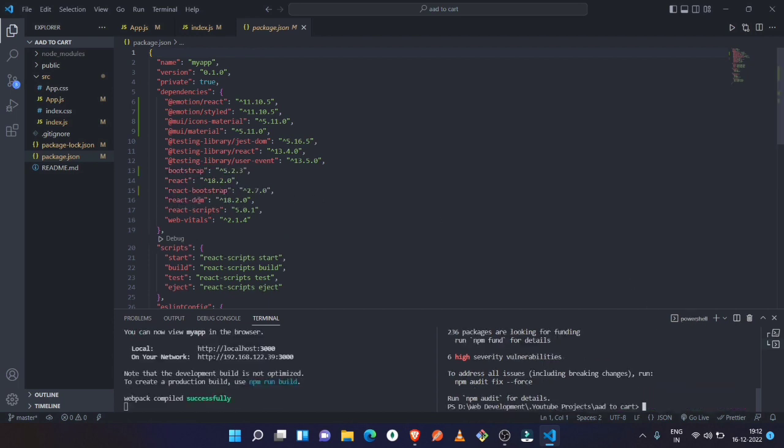You can see the React Bootstrap and Bootstrap dependencies are installed. So we have installed all the required dependencies. If anything is required in future, we will definitely install it. So what we're going to do now is create the component folder so that we can store all the components